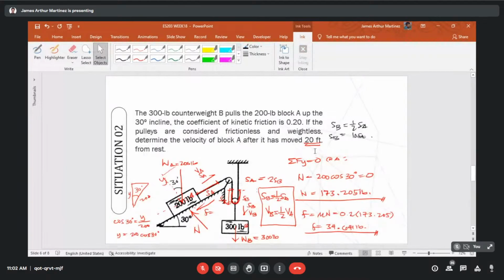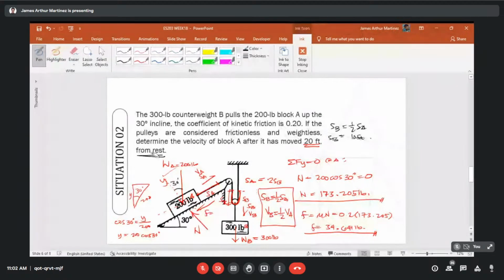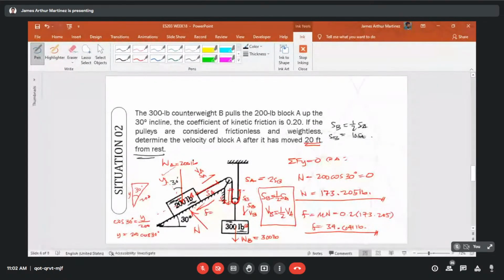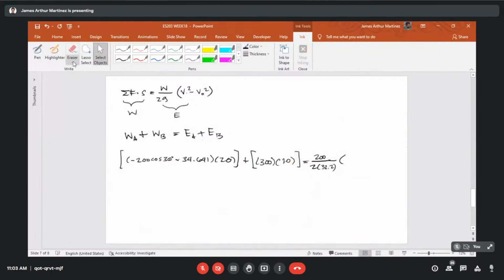So take note that the problem here states that it is from rest. So if we look at block A only, initially it is at this point and then it moved 20 feet. So velocity here is equal to 0, since it is from rest. So how much is the velocity here? What we will look for, class, is VA. So therefore,